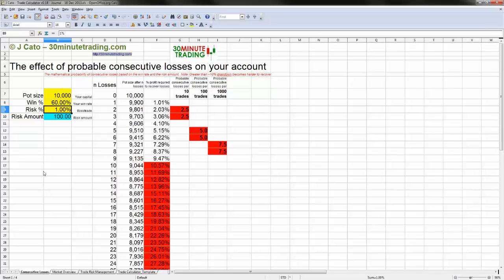Well, that means that you have to make sure you have an account that you can trade the assets you want to trade that will allow you to do it within this risk size. Let's move on and look at what this really means, okay? So in terms of trade risk management,